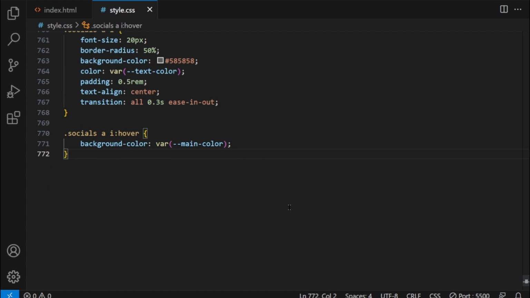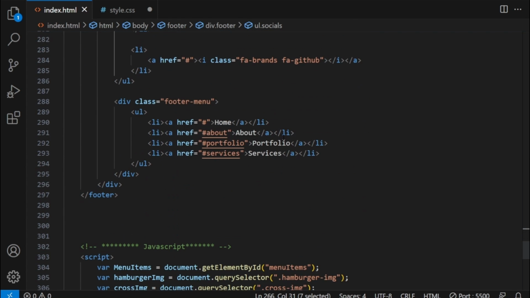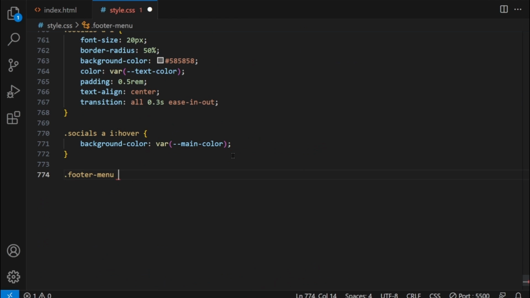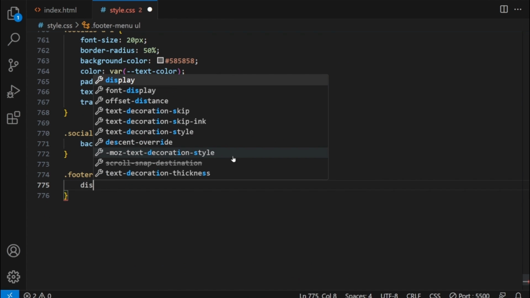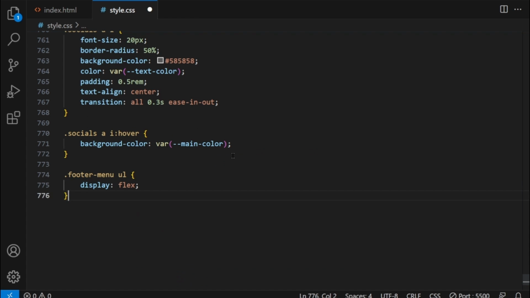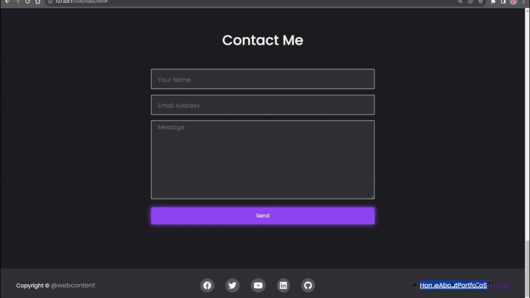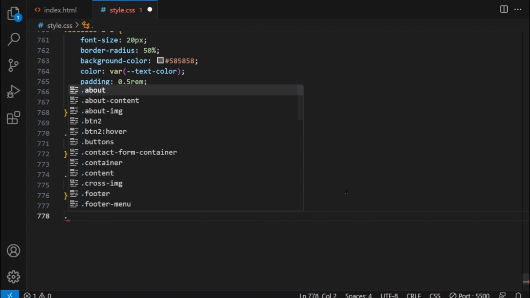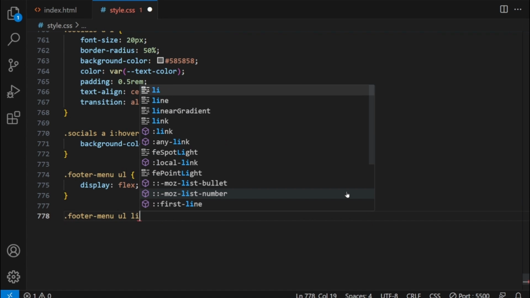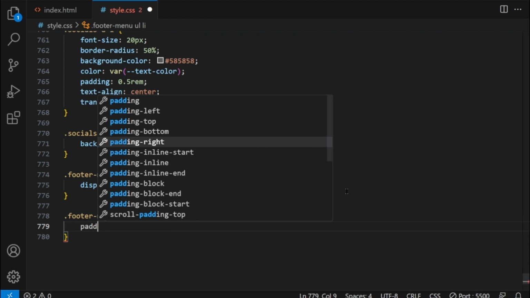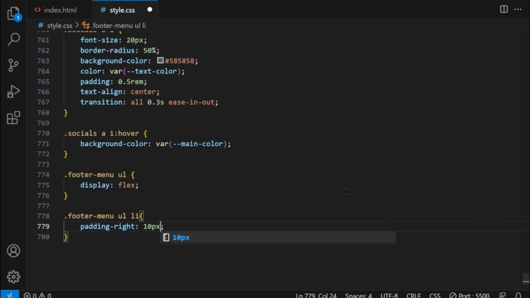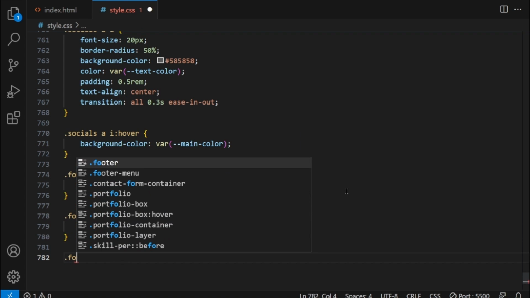Moving on, we'll focus on styling the footer menu. Transfer this class to your CSS and proceed to apply the following styles. Use display flex on the unordered list. The list is now displayed horizontally. Next, select list items by li tag. Apply padding right 10px. For the anchor tag within the footer menu,